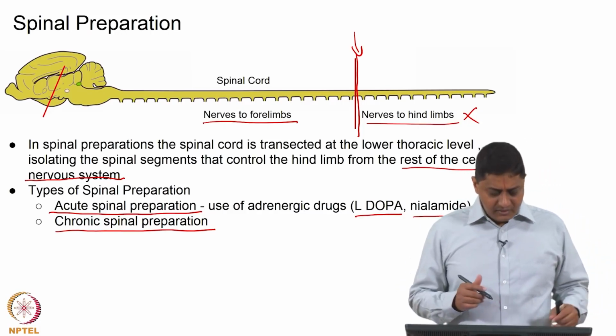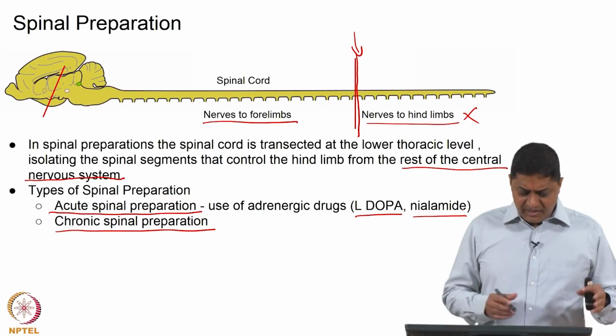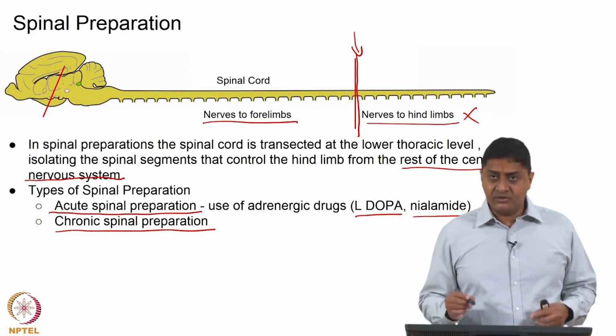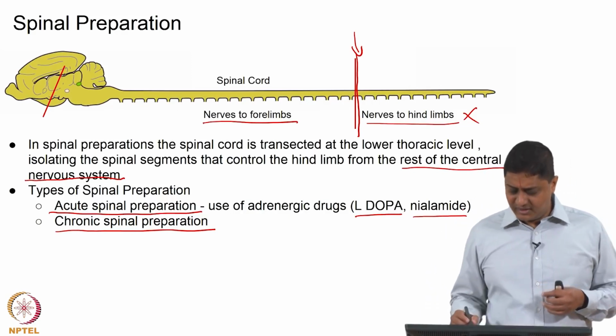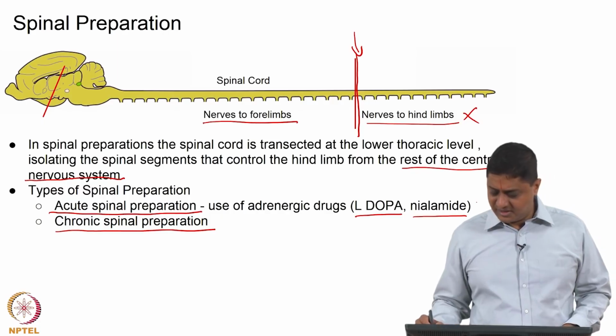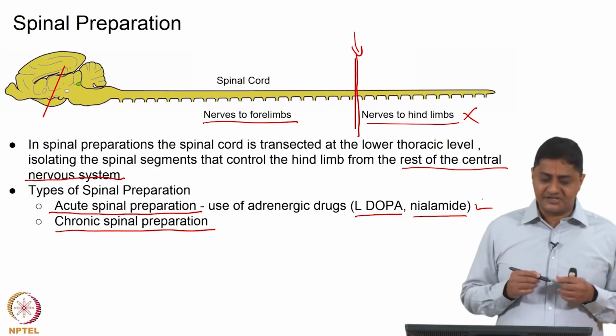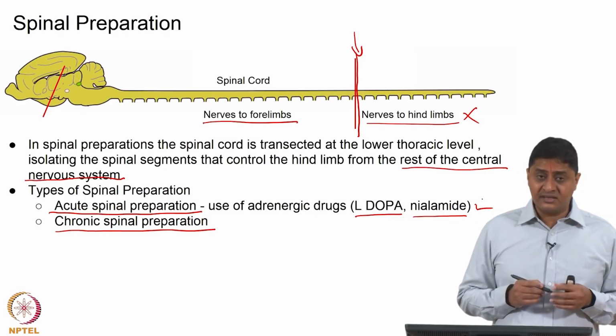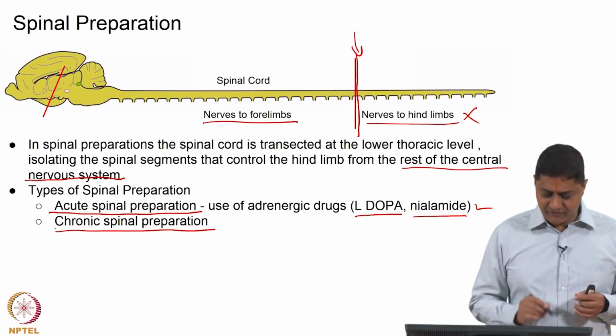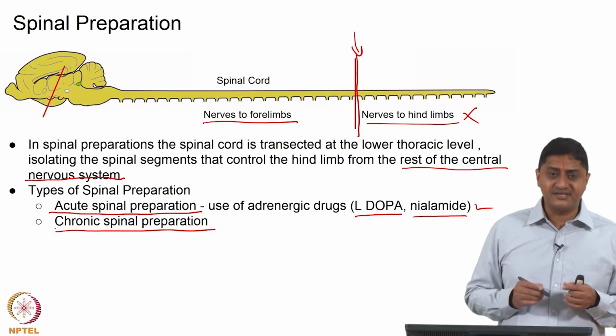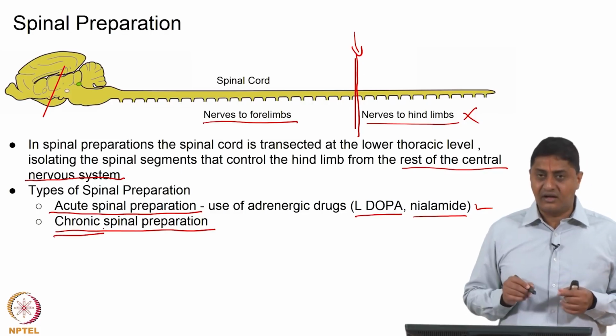So, in the acute spinal preparation I said that spontaneous locomotor activity can be generated by the use of these adrenergic drugs. Then there is one more case of spinal preparation that is called the chronic spinal